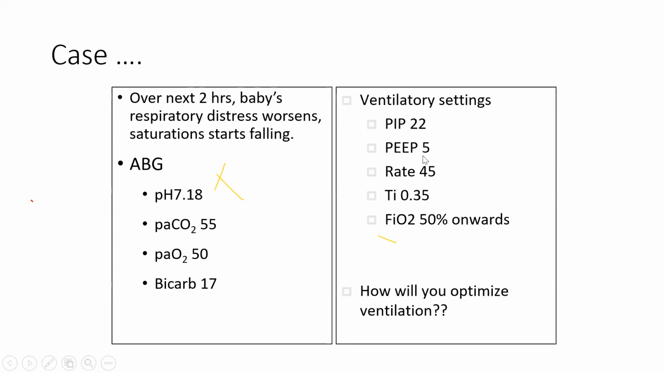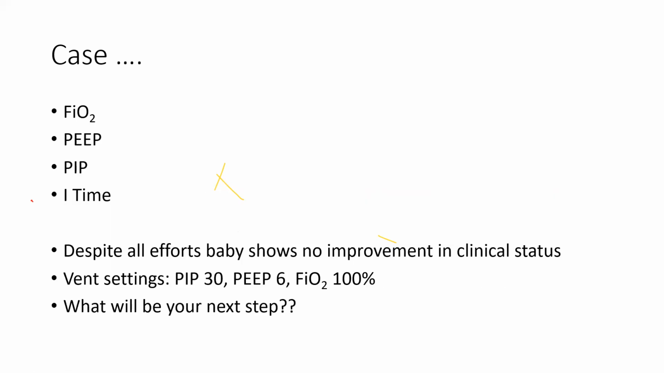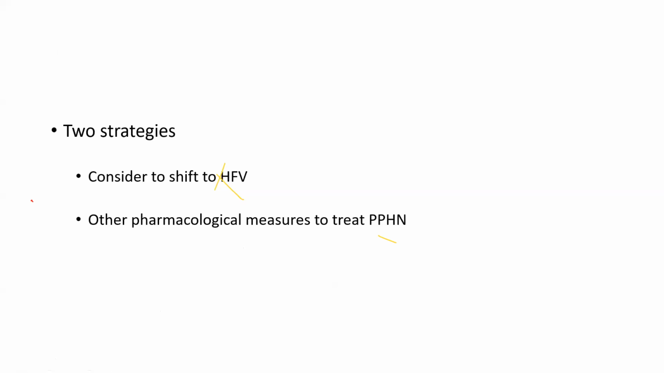So again, the ventilatory strategy was this. Now we have to optimize the ventilation. PIP was increased, PEEP was increased, and FiO2 was 100%. Then the option of shifting the baby to high frequency ventilation was considered, and the baby was shifted to the